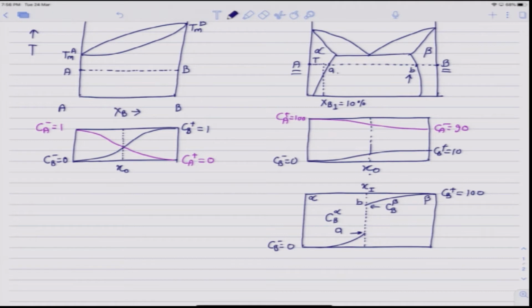So, as we can see, there would be a discontinuity in the concentration profile at the interface. So, you have alpha on the left side, beta on the right side, and a planar interface between alpha and beta. And on the concentration profile there will be a discontinuity. The compositions on the two sides of the interface, that is A and B here, represent the equilibrium compositions of the two phases. We can assume local equilibrium at a planar interface, and this is very important because it helps us in determining phase diagrams from the diffusion couple experiments. If we get a planar interface, we get the two phases which are in equilibrium,